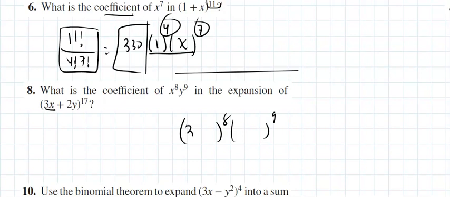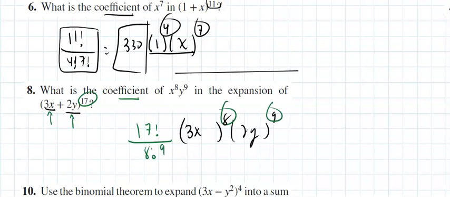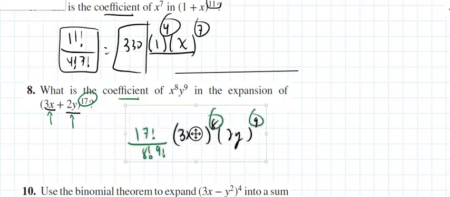X is really 3x, and y is really 2y. So you take the whole term. What's taking the place of x in the top equation is 3x. What's taking the place of the y is 2y. So the coefficient up front, they want just the coefficient, but in front of this is 17 factorial divided by 8 factorial, 9 factorial. So the coefficient of all of this mess, if you really think about it,